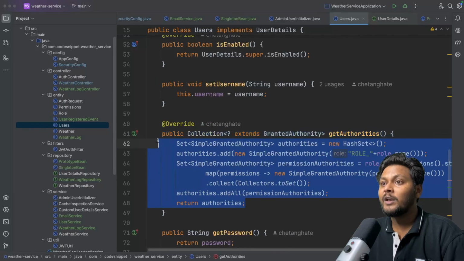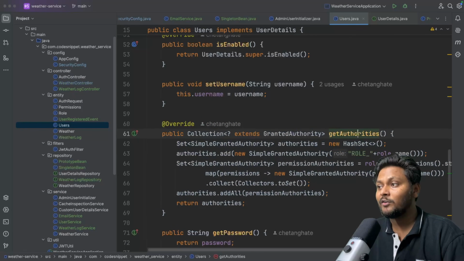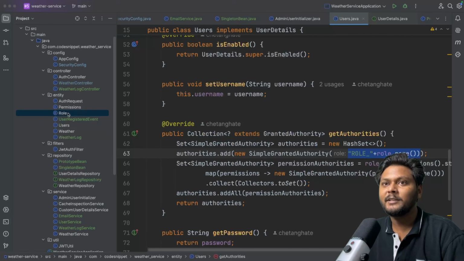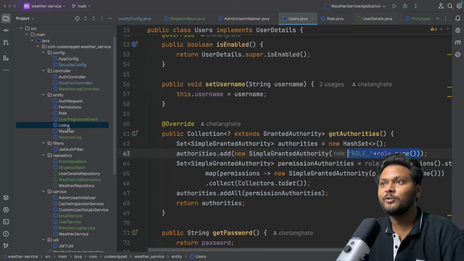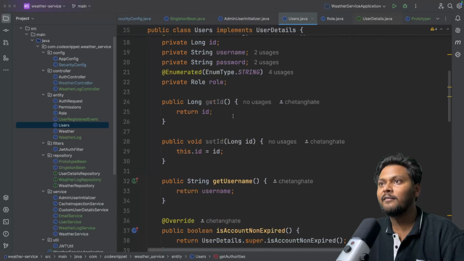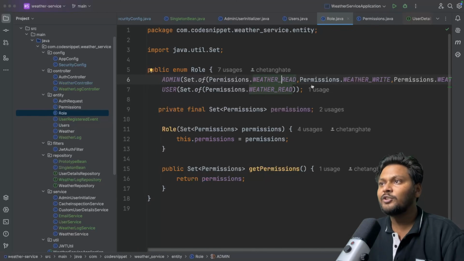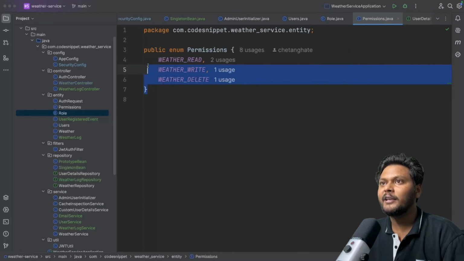And in the last few videos, we have also seen the authorization part of that, and we have implemented roles. So if you see over here, we have roles, admin and user, right? We have a couple of roles which we can assign to this particular user. Each role will have a set of permissions, and permissions is again an entity where we have three types of permissions: read, write, delete.